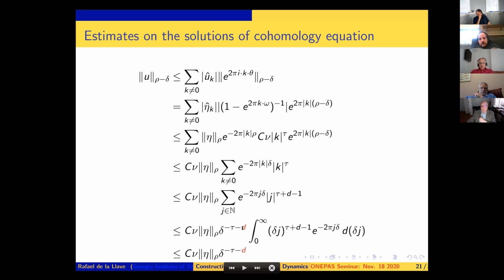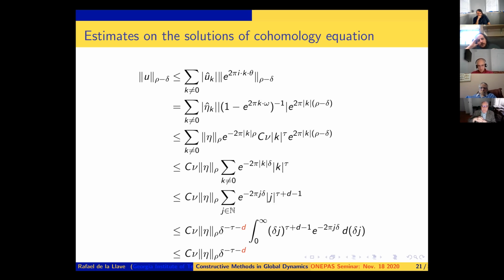This is what this very simple-minded argument gives you. If you do the arguments in a correct way, like Rüssmann did, then you get rid of this extra exponent d. But this is very subtle, so you have to use the fact that